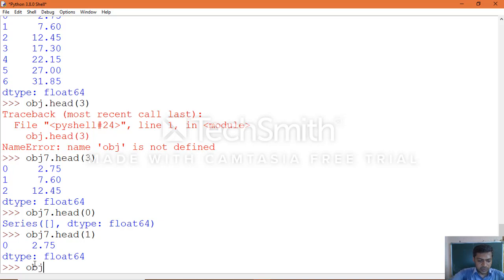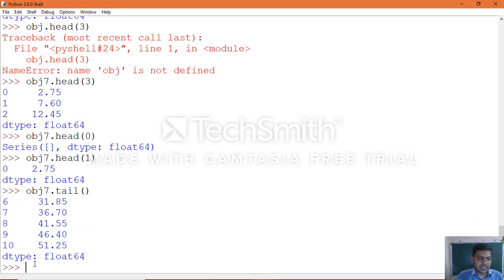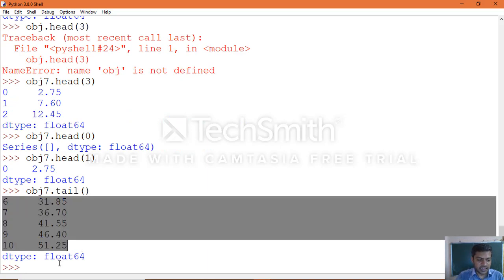In the same manner you can use the tail function to extract the last 5 rows. By default, if you don't specify any number, the last 5 rows will be extracted. If you specify a custom n value, such as 3, the last 3 rows will be extracted.